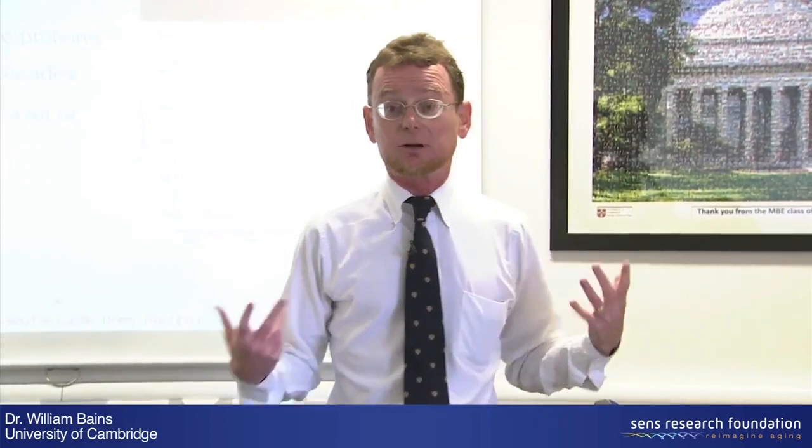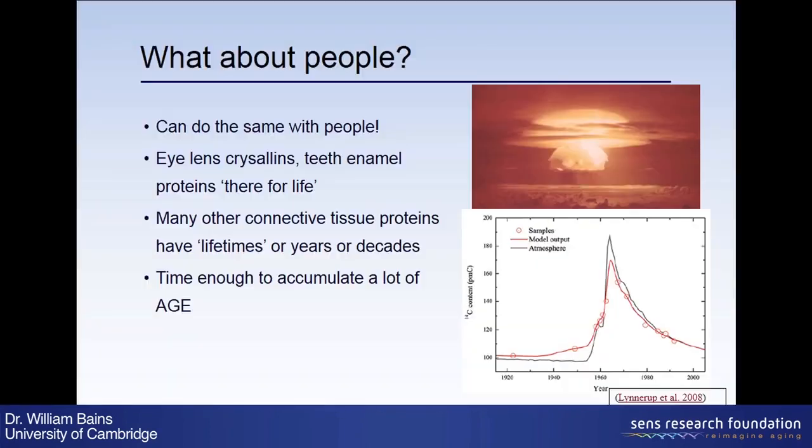Now, of course, you'd reasonably say it'd be nice to do this experiment in people, but you can't ethically do that. Well, you can't, but actually somebody's done it anyway, because in the 1950s, the nuclear testing program dosed the atmosphere with a whole lot of carbon-14, which is the radioisotope of carbon. And that got into food, and then we ate it, and there was a huge surge in the amount of carbon-14 we all ate. Well, I ate. You're probably too young. So if you look at the carbon-14 in the air, this dark line here, it's stable until the early 50s, and then blasts like this injected a huge amount in the atmosphere, boom, and then it started to get washed out again.